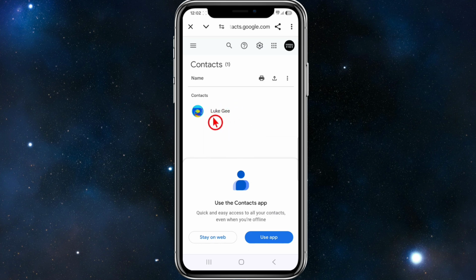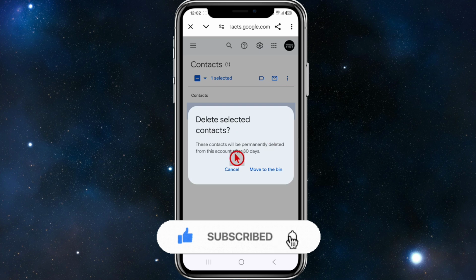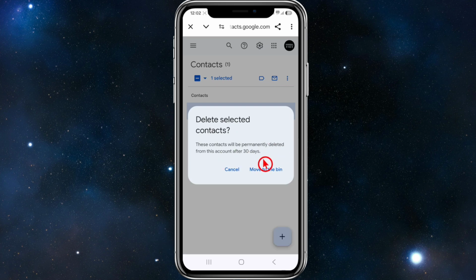So you just go ahead and delete one by one which contacts you don't want to come up as suggested inside your Gmail. So for example, I want to delete this one here. I want to click and hold it, then click again, and then click on the three dots, and then I want to delete that contact. Then I'll say these contacts will be permanently deleted from this account after 30 days. So from here, I'm just going to move to bin,